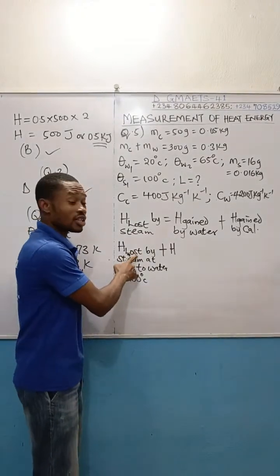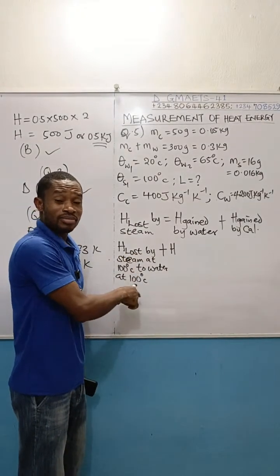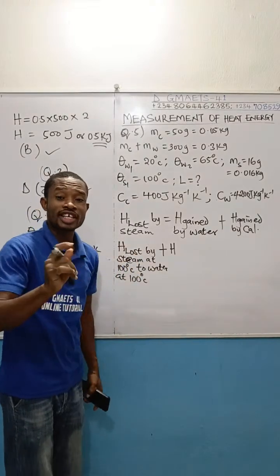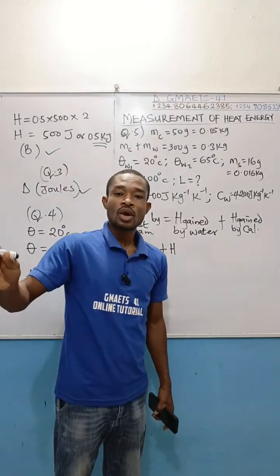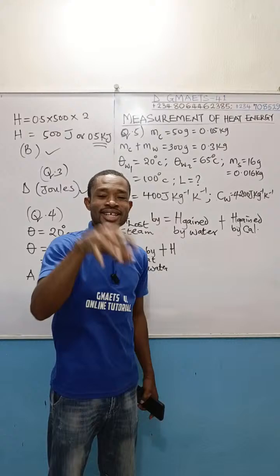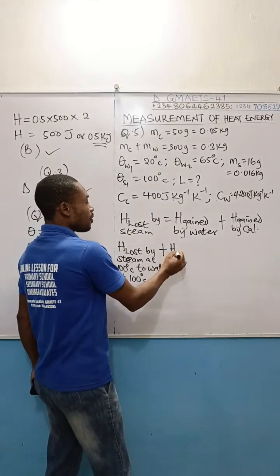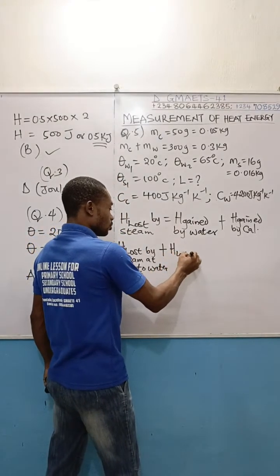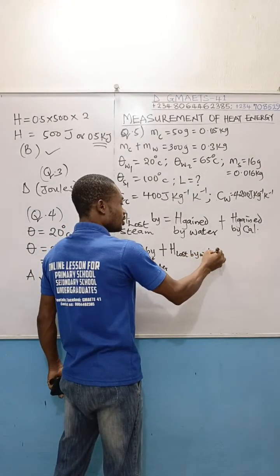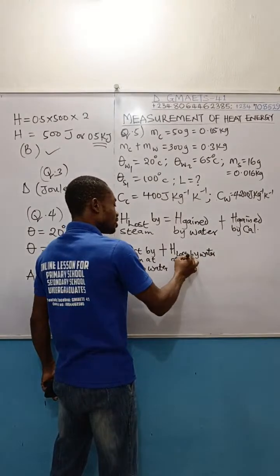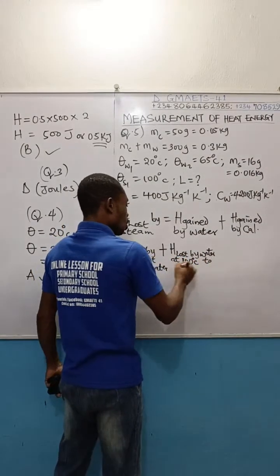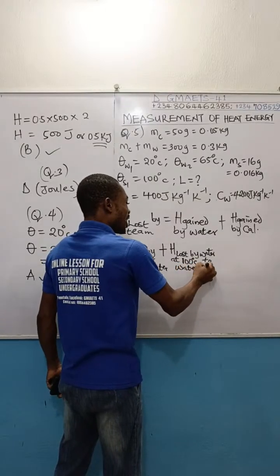This one is going to give us mL, mass of steam times the latent heat of steam. Since there is no temperature change, what changed there is just the state of matter. Water in steam form changed to water in liquid form, still maintaining that temperature, 100 degrees centigrade. Then here will now be heat lost by water at 100 degrees centigrade to water at 65